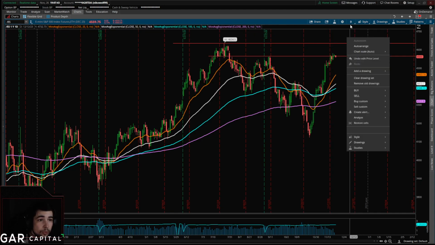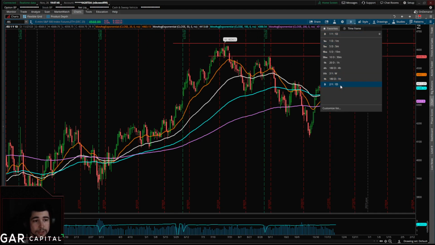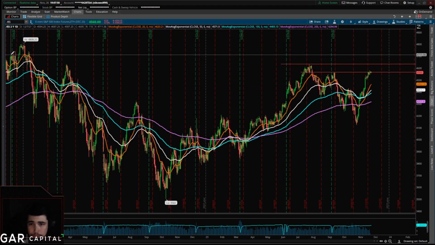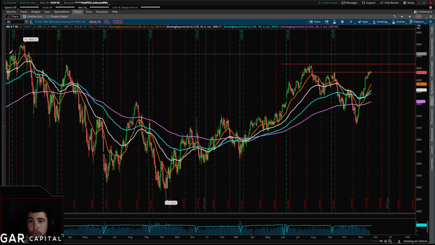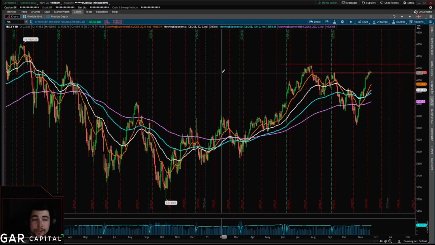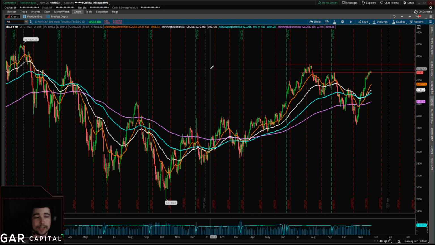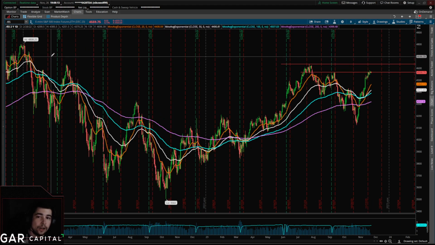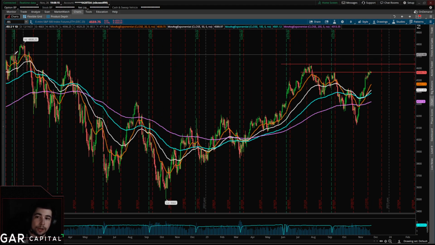The reason we would be targeting 4700 to the upside is if we pull up ES on the 2 year daily, I wonder if that shows. Yeah, right here. Actually, this would be it, 4711 right here in this corner. I like to base my targets on higher highs, when we start making new higher highs and there's previous price action history. The way I determine a reasonable target to the upside is identifying the first all-time high that price action might have made, and then seeing what the history around that level was. So we did reach 47.10.